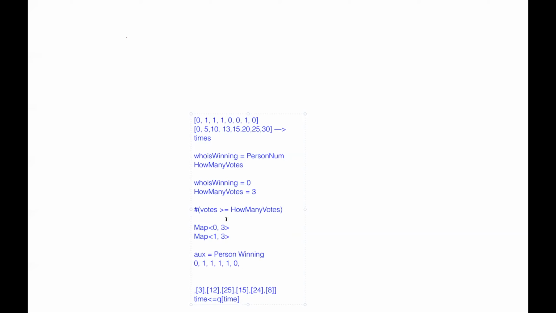And then 1 comes, so this becomes 4. This is definitely greater than how many votes, so I will just update this. Who is winning? Winning is 1, and I will update to 1. Next time is 0, so votes of 0 becomes 4. This is definitely greater than or equal to how many votes, so I will just update who is winning. It's 0, and my answer is 0.